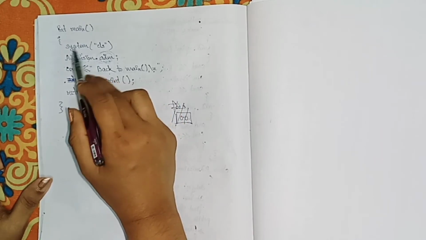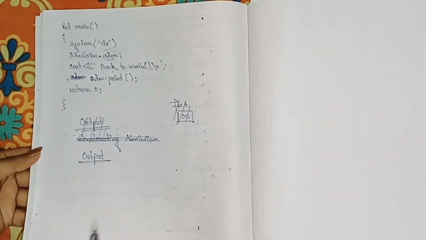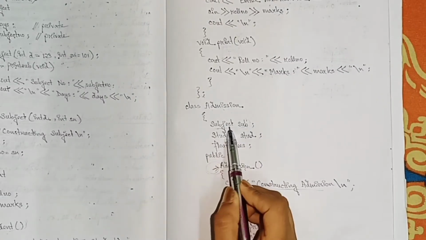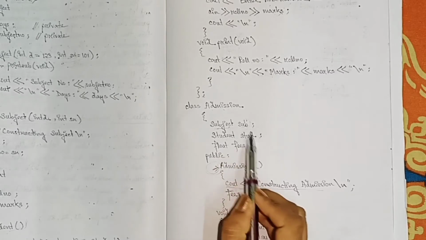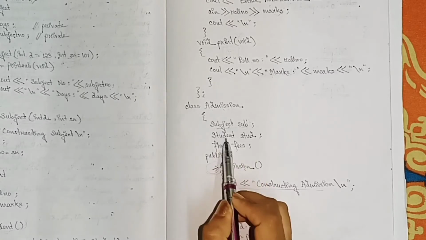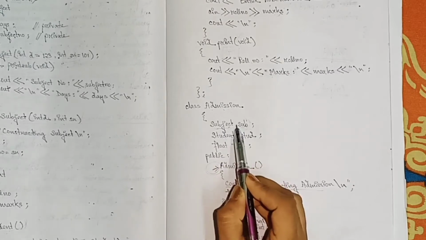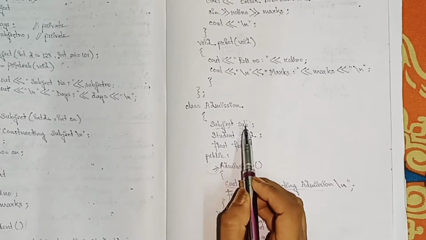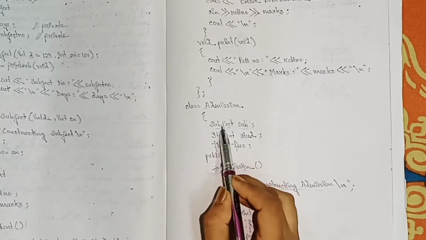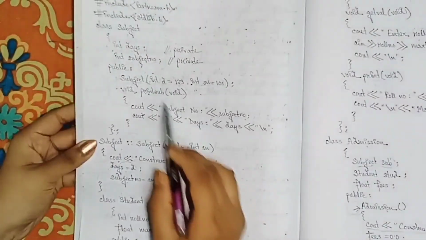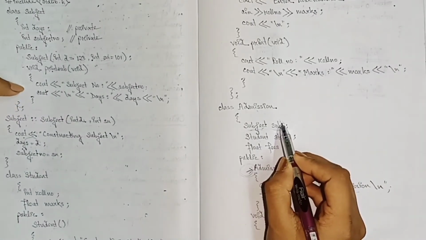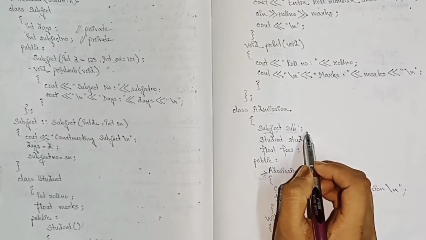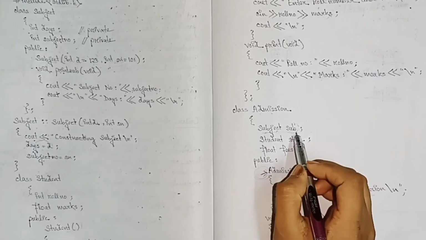So whenever this object is created, it will first move to the class admission and see what the class admission is telling. First it is moving to class admission, and it finds that subject sub and student stud, these two objects are created, one for the subject class and one for the student class. As soon as it sees that the subject class is defining an object, it will immediately invoke a constructor for the subject class. So what is the constructor for the subject class? Now you see this sub object is not having any parameter inside it, so it will invoke the default constructor.